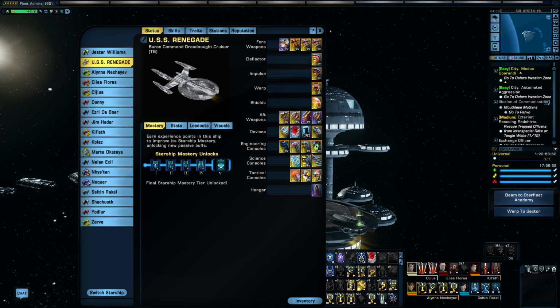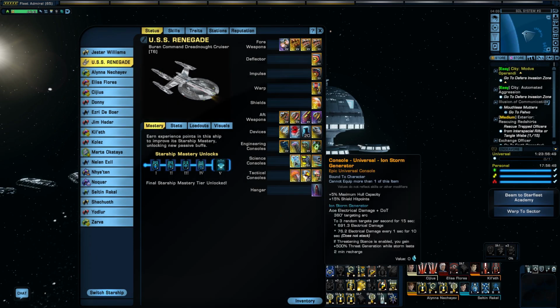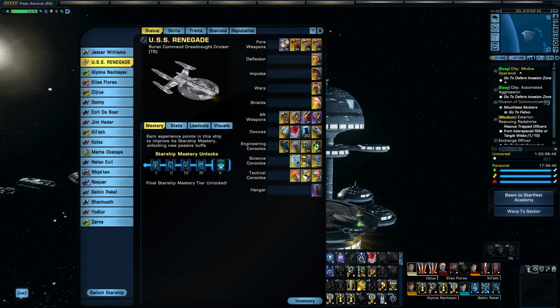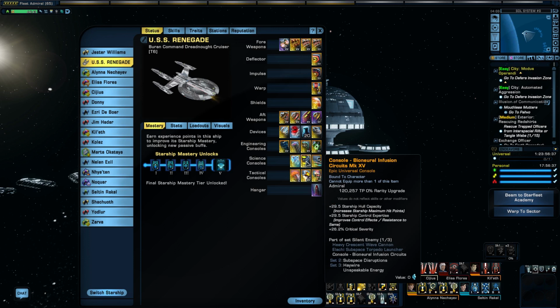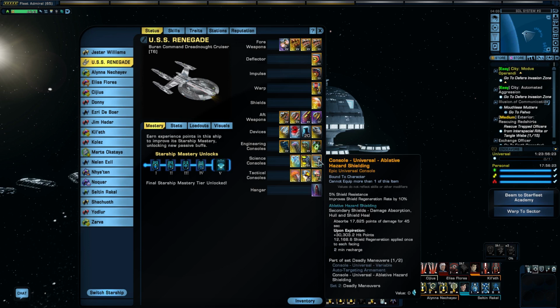Right, so moving on. The console is the Iron Storm generator, plus 5% maximum hull capacity, plus 15% shield hit points. Another part of my standard build is the bioneural infusion circuits, which is giving me 29.5 starship hull capacity, 29.5 starship control expertise, and a 26.2 critical severity. Moving on, the console universal abrasive hazard shielding, 5% shield resistance,